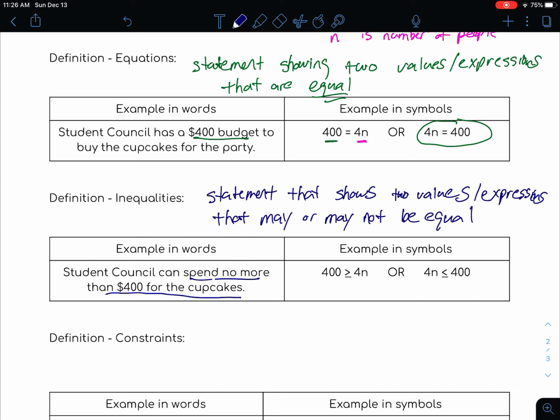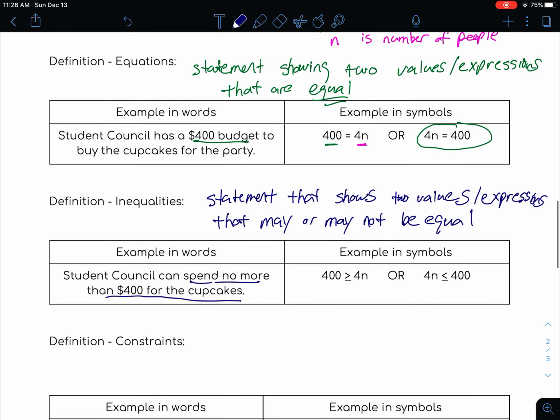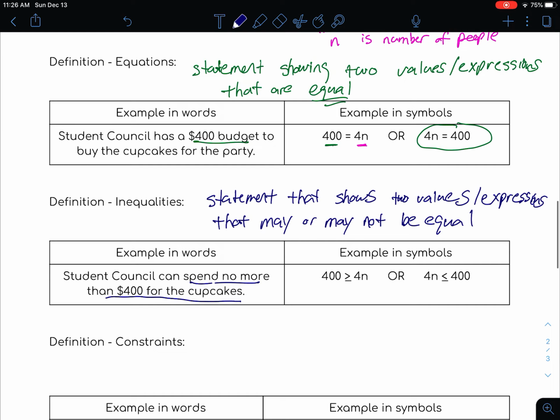So, one way we might think about the previous equation is thinking about it more as an inequality. So we can say that the student council can spend no more than $400 for cupcakes. Okay, we don't have to necessarily meet the exact budget. We could spend less than that. We could spend up to that. So no more than is really a less than or equal to sort of statement right there, which is a